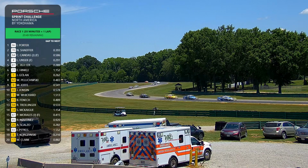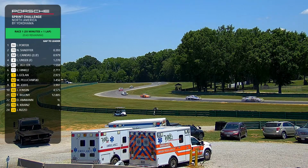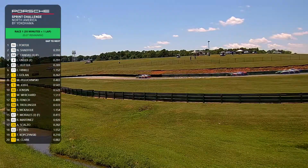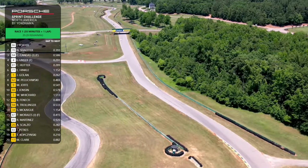She had to play a little bit of defense as well. Behind, you find Evan Hinkle making his series debut for the season, and then Jason Golan, who's got his hands full with Pelichewski, Jaffe, Johnson, and Bigany. They're all actually, Bigany's not in that mix. He's a little bit further down the order, but still really good battle there at the front of the Masters class. Yeah, Golan has to watch out. In fact, it is very close behind him. That bright orange car of Bill